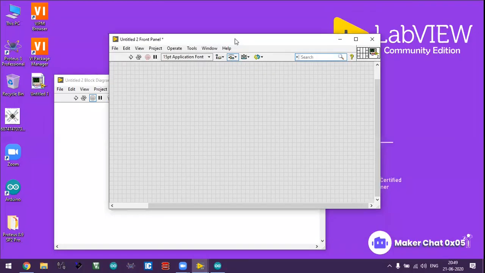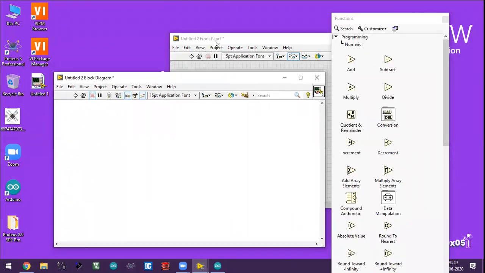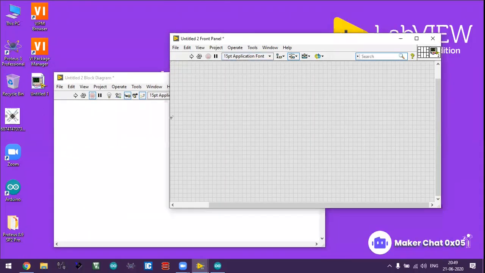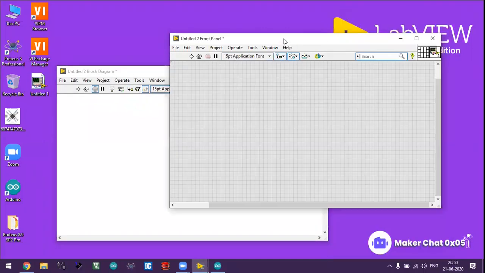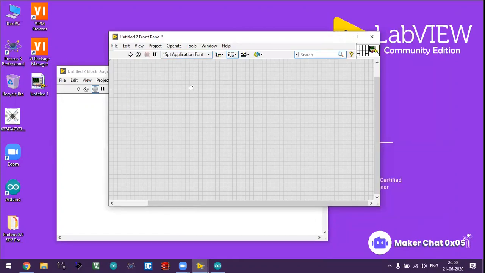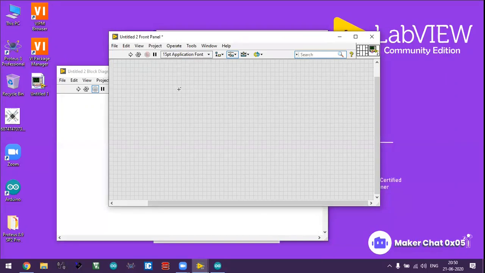After 2017, the 2018, 2019, and 2020 versions have the VISA driver built in, already installed with the software bundle. So you don't have to download the VISA driver separately and enable it. Now we are going for a simple program to interface the Arduino board on a basic concept. You can go for Arduino separately, plugins are there.